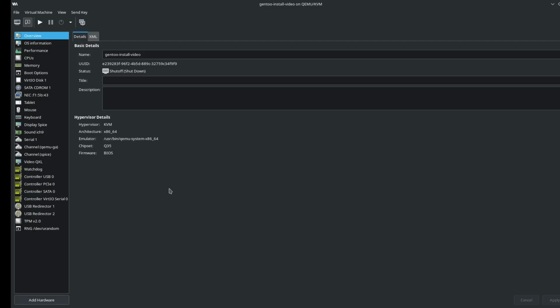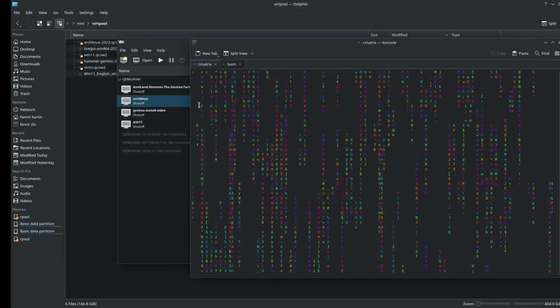Well, that was entertaining. I'm just going to fix my little mistake here by not using UEFI. And I'll do that right quickly here. I'm just going to delete the VM, re-import the